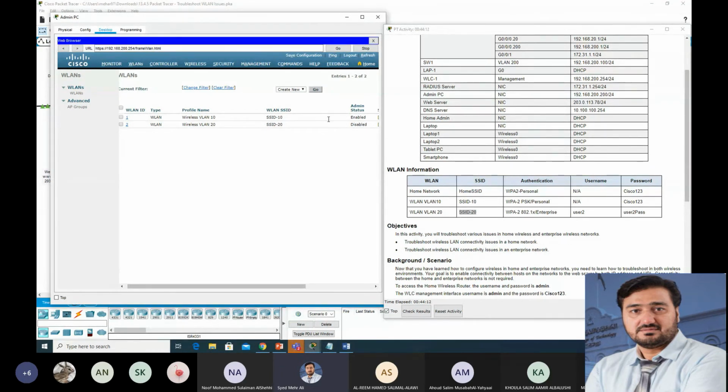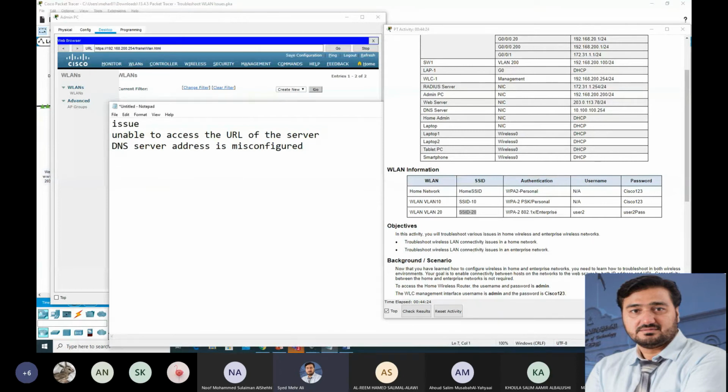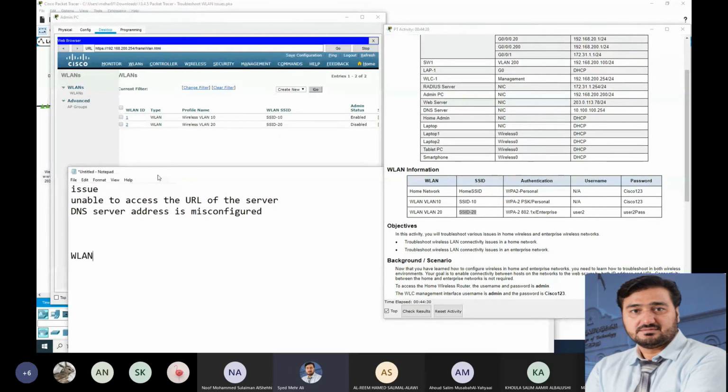Wireless LAN. What will we do? What is the problem now? So the problem is, we will see wireless LAN VLAN 20.